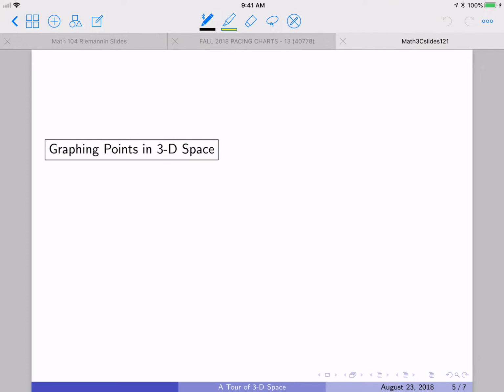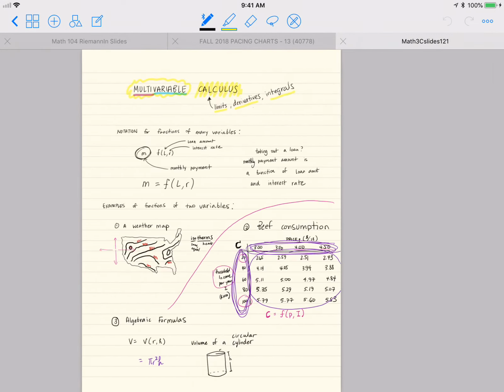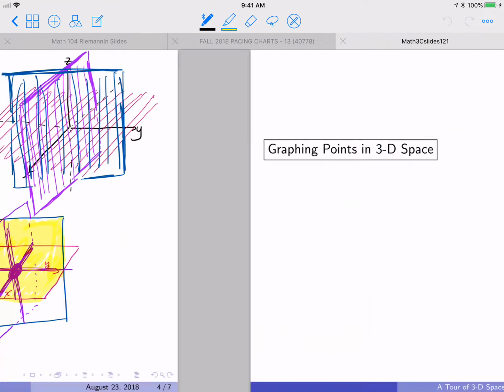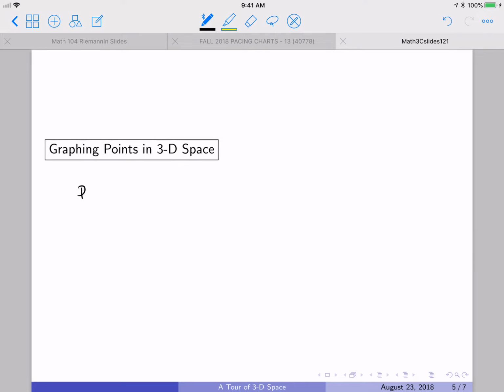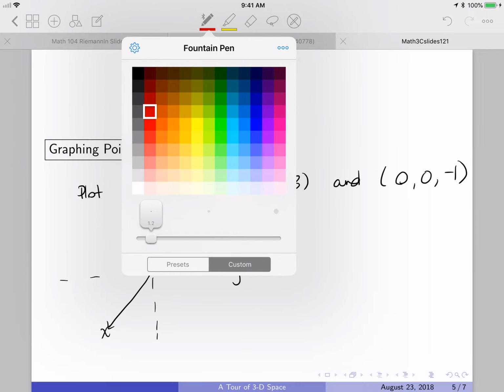We already did an example of showing how to graph, but I think I erased it. So let's plot the points (1, 2, 3) and (0, 0, -1). I'm setting up my axes. This is X, this is Y, this is Z. Okay, (1, 2, 3). So remember,